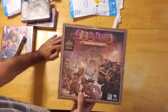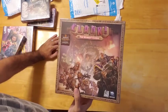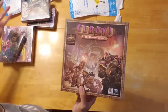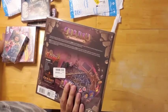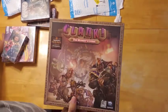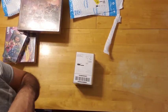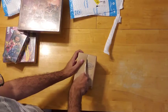Clank is one of my favorite deck builders. I've been playing it with my nephews as of late and enjoy playing it multiplayer more than I did playing it just 2 players. And yeah, just wanted to have some additional content and variety for when we play Clank, the Mummy's Curse. And then finally, the last package for today's episode of Huge Board Game Haul is yet another